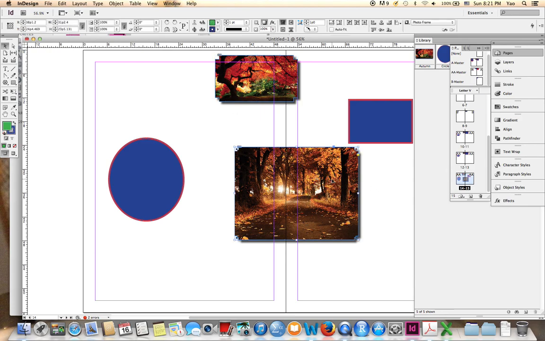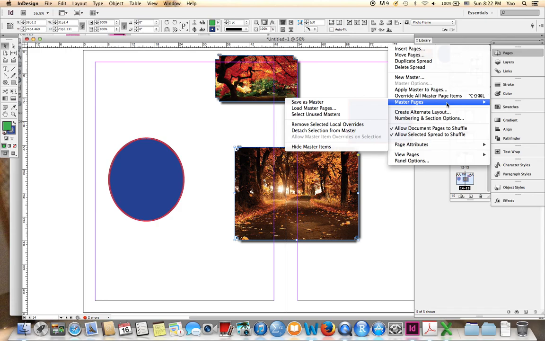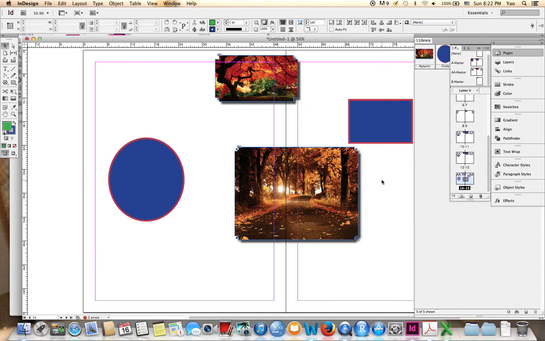Now, if you override a master item and don't want anything that you change on the master page to be updated on the master item, you have to select the master item and then go to the menu, Master Pages, Detach Selection from Master. Once you detach it,